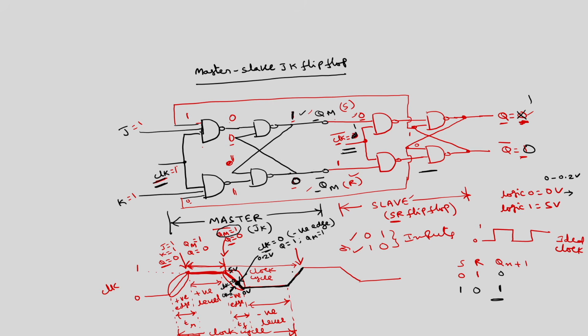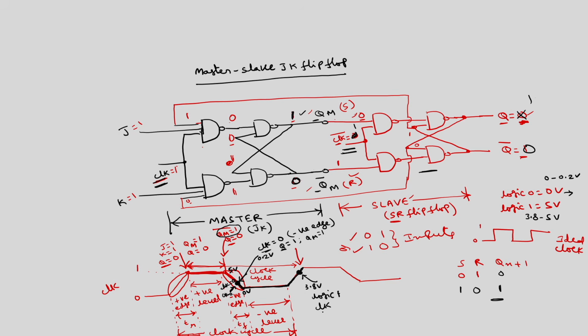Okay. Suppose I assume a point where the logic 1 range is from 3.8 volts to 5 volts. This varies from logic family to logic family. Suppose it reaches 3.8 volts, where we can take this as logic 1. This is the clock. Till this logic 1 point, Q remains 1, but where has Q changed? At this point. Okay.